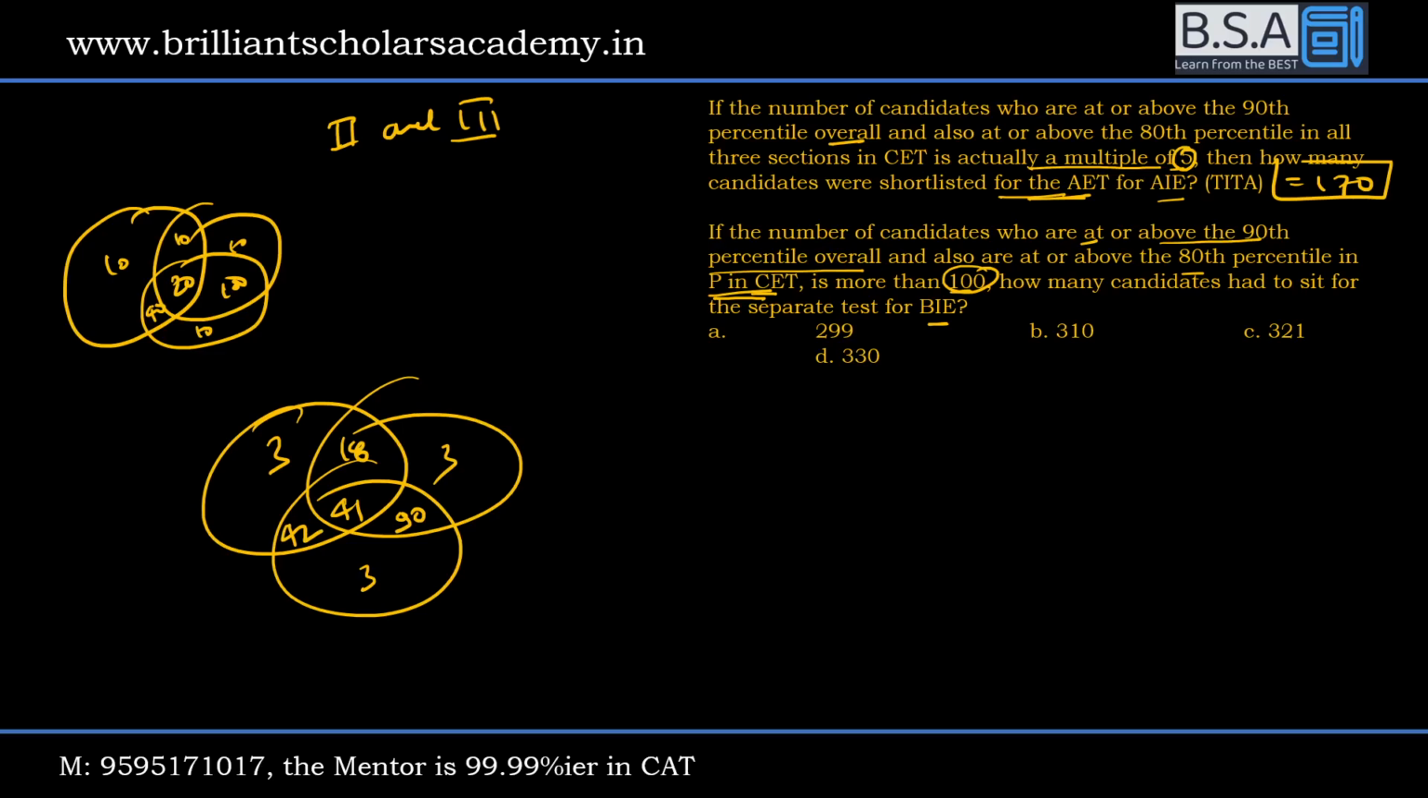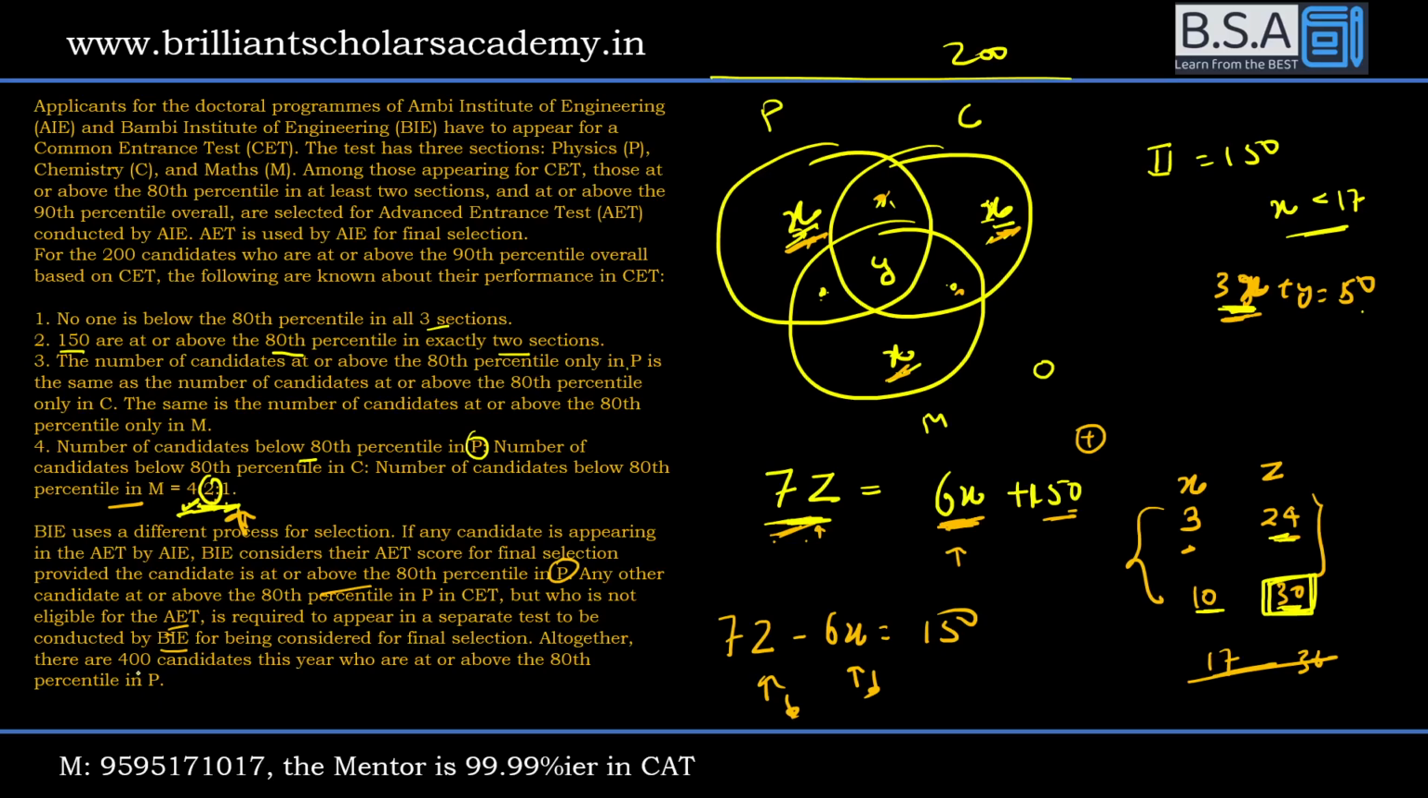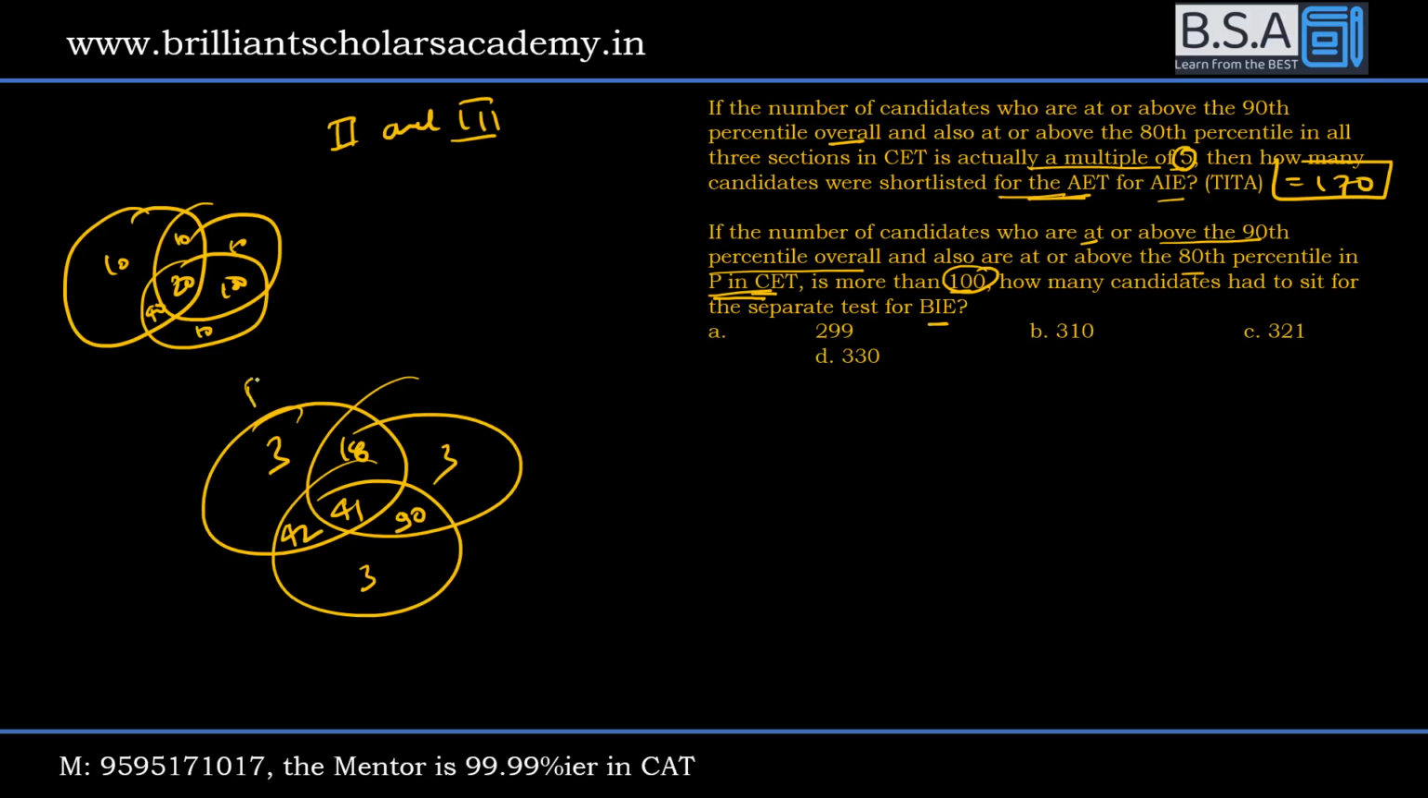If the number of candidates who are at or above 90th percentile overall and also at or above 80th percentile in physics is more than 100, how many candidates had to sit for separate BIE? पहली बात तो यहाँ पर एक कंडीशन दी हुई है कि फिजिक्स में 400 लोगों के जो हैं वो 80th और अबव है। अब मेरे पास यहां पर 104 लोग हैं, 104 लोग आई हैव हियर। आउट ऑफ दीज 104 ये लोग कहीं ना कहीं तो एलिजिबल हैं, क्योंकि ये कम से कम 2 में है।